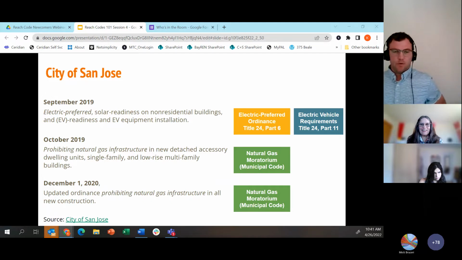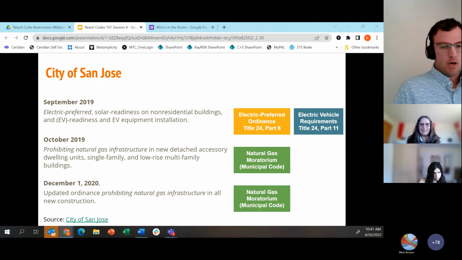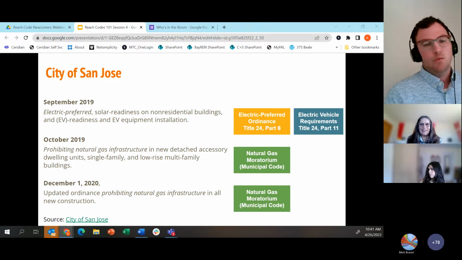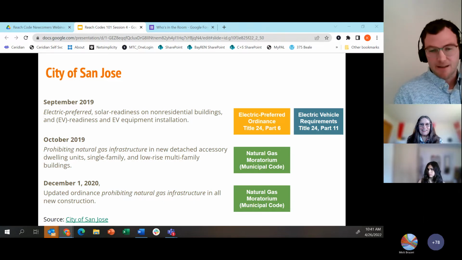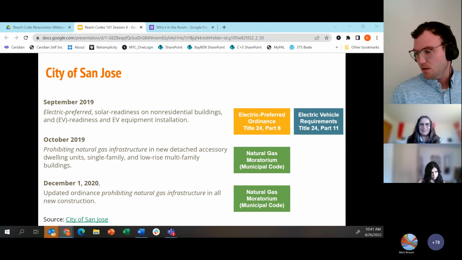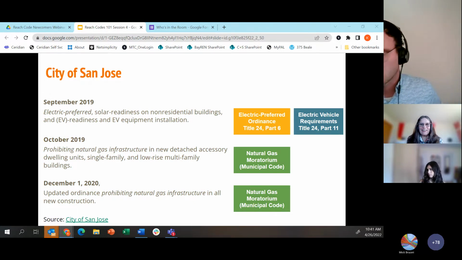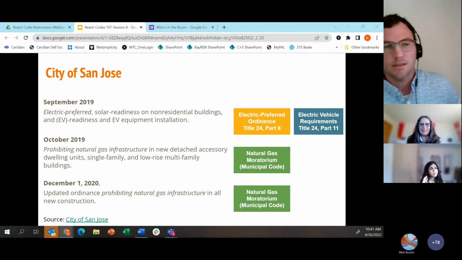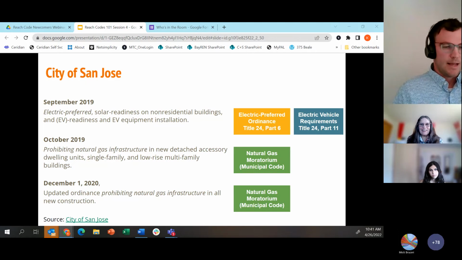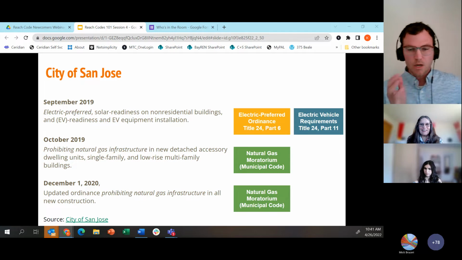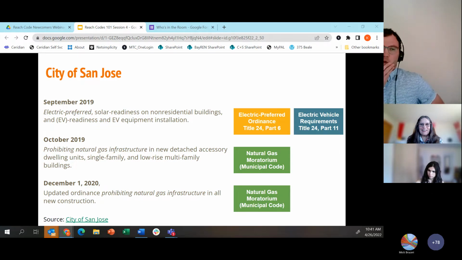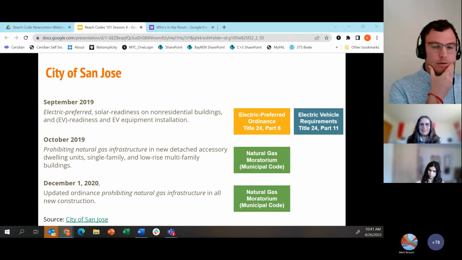Okay, so we've shown you several matrices. We've broken down different policy routes. We've given some caveats. We've given some legal requirements. So what I wanted to close with before we kick it over to Amy to talk about existing buildings is what this has looked like in practice, to describe the process, and I chose San Jose here as one example.